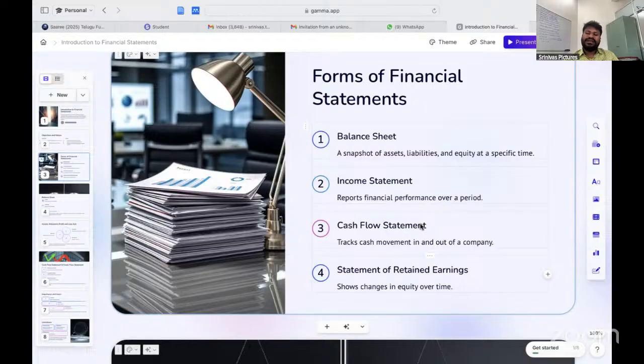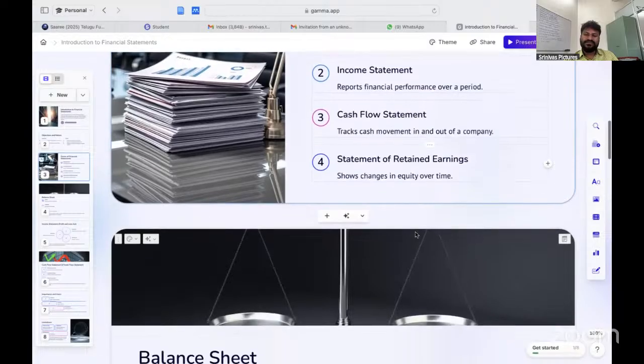Next is trend analysis. Trend analysis is very popular for calculating year by year movement, whether the trend is increasing or decreasing. To know that, we use trend analysis. In trend analysis, we work component by component. For example, if you take fixed assets over the last 10 years, the starting year when you started the analysis is taken as the base year, and with the help of that base year, for the next years we calculate whether it is increasing or decreasing. That is called trend analysis.